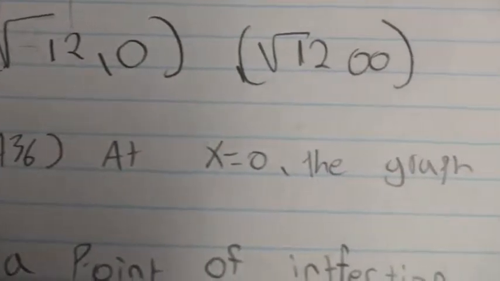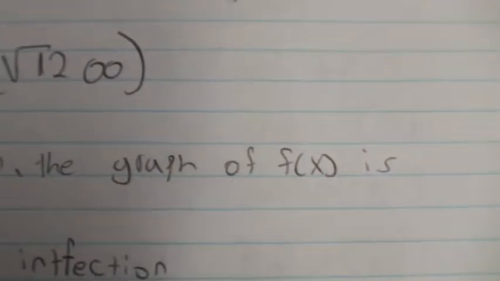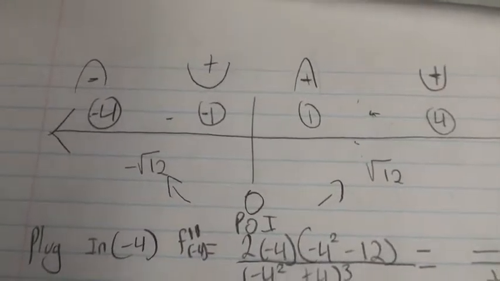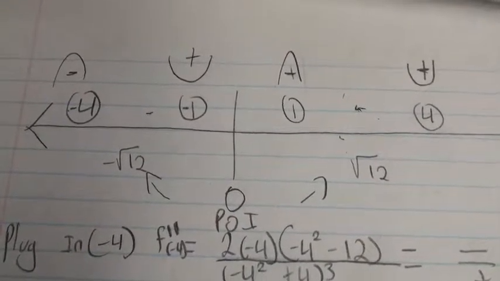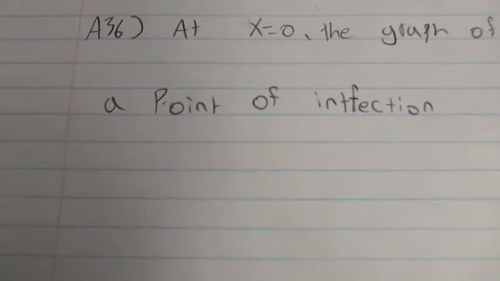So now we get to question 3. At x equals 0, what is the graph? As you can see right now by looking at the graph, you can tell that it's a point of inflection, because that's the middle of the graph and it curves